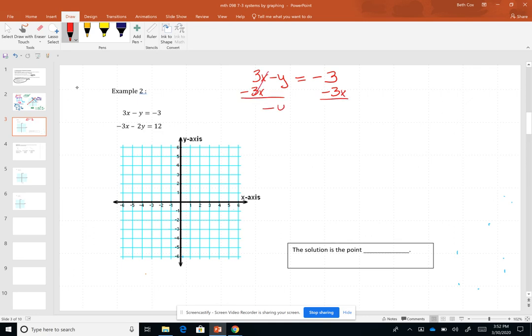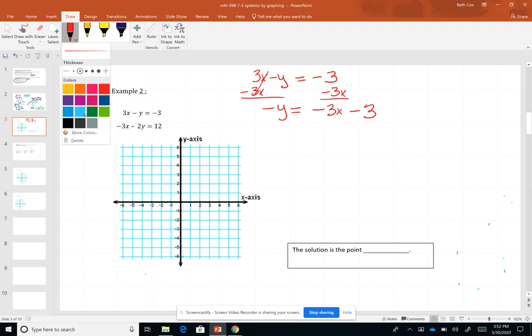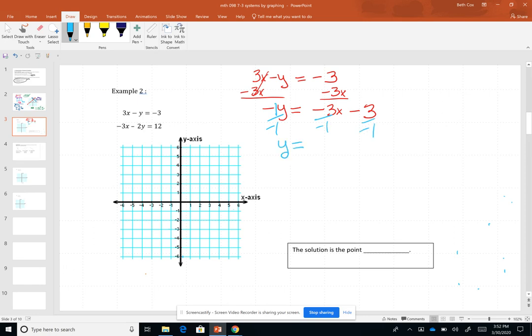That gives me negative y is equal to negative 3x minus 3. Now I'm going to divide by negative 1 all the way down, and I get y is equal to, negative divided by negative is a positive, 3x plus